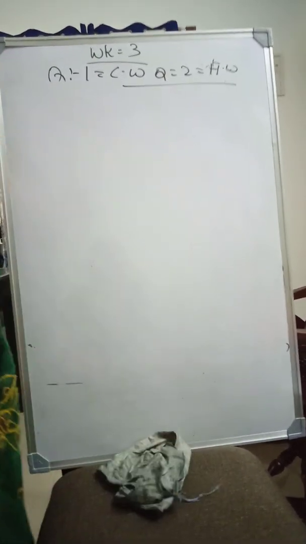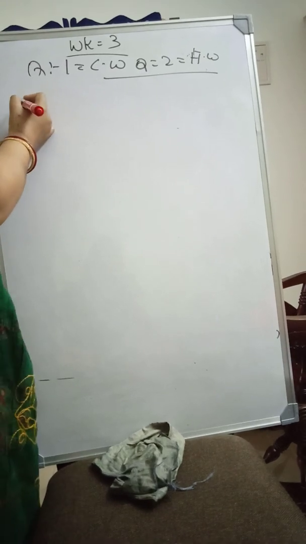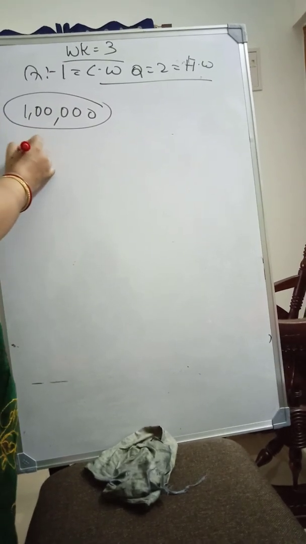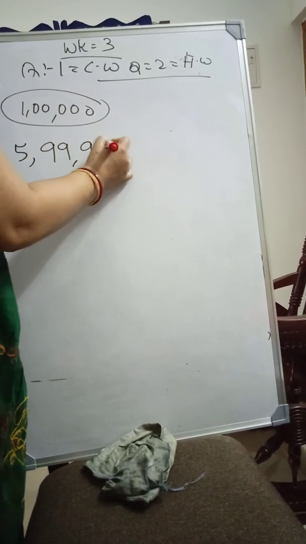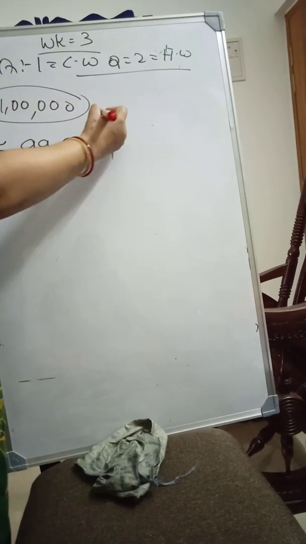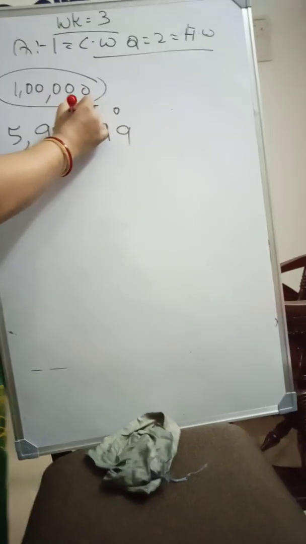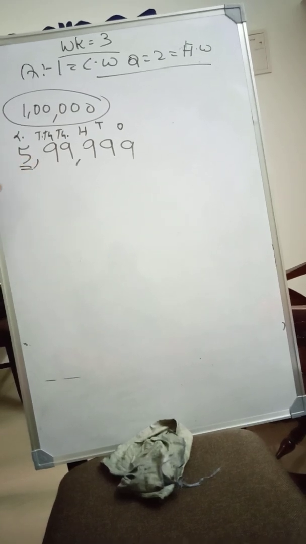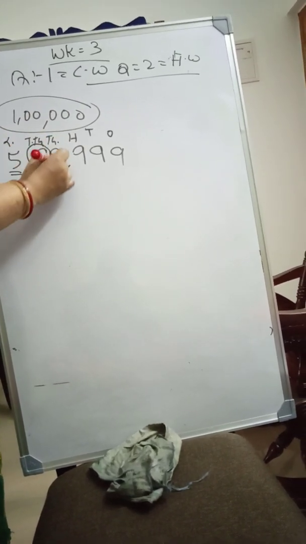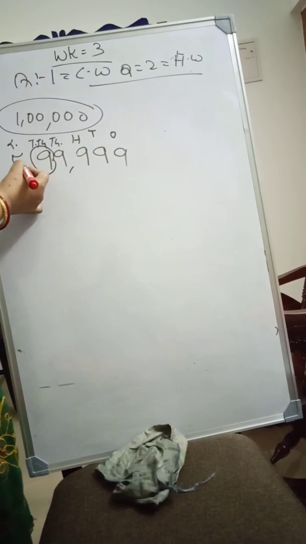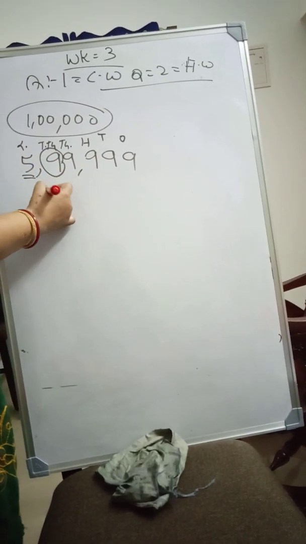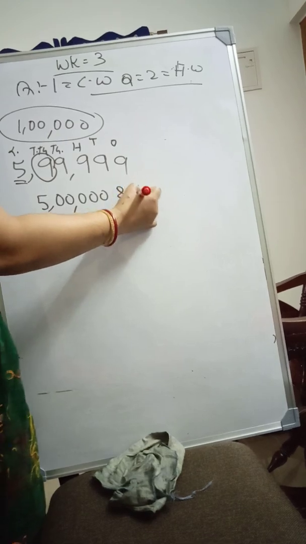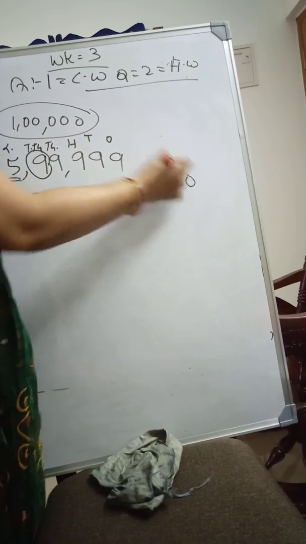ओके, अब आओ, जब किसी नंबर को नियरेस्ट लाख तक हम राउंड ऑफ करते हैं, तो उसको क्या करेंगे? ठीक है, उसके लिए क्या करेंगे? फॉर एग्जाम्पल लो 5,99,999, ठीक है। पहले इस नंबर का प्लेस वैल्यू चार्ट बनाओ, 1, 10s, 100s, 1000s, 10,000s एंड लाख। ये लाख वाली डिजिट को राउंड ऑफ करना है, तो हम किस डिजिट को देखेंगे? द डिजिट एट द 10,000 प्लेस, ठीक है। अब दूसरी बात है कि ये 5,99,999 किन किन नंबर के बीच में है? एक है 5 लाख और दूसरा क्या है? 6 लाख, ठीक है। ये पहली बात। दूसरी बात है ये